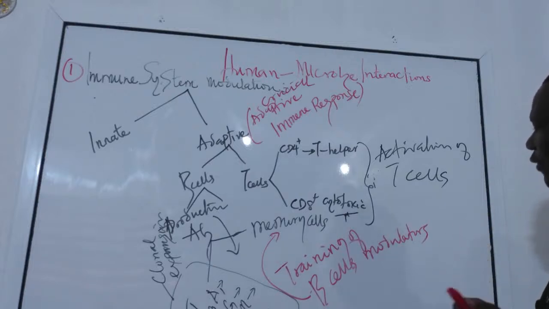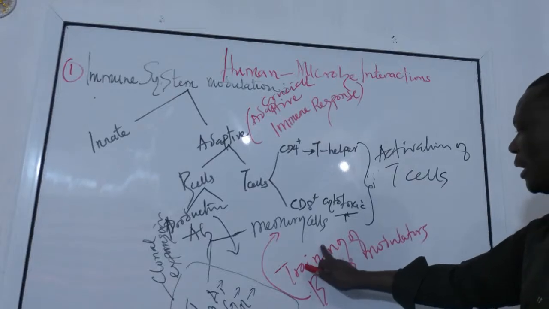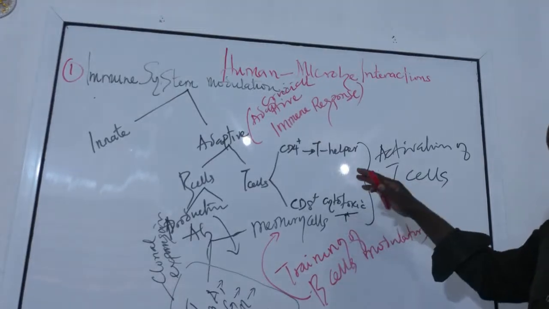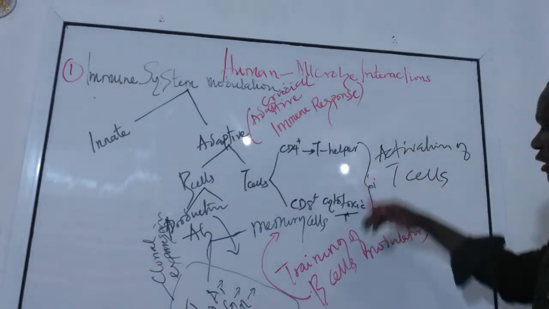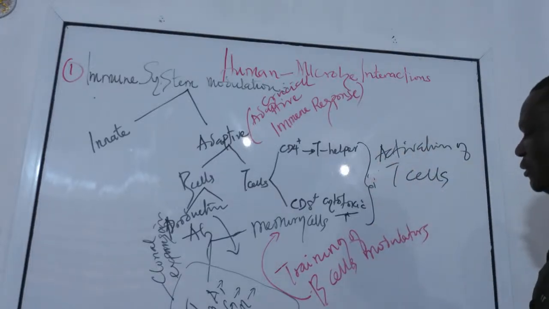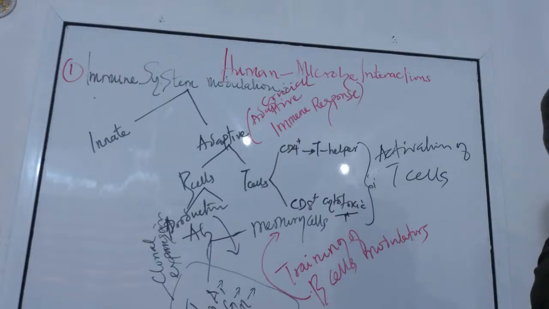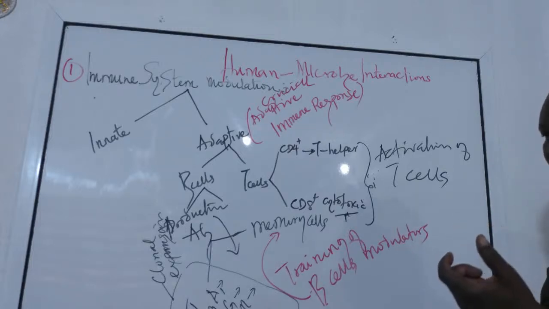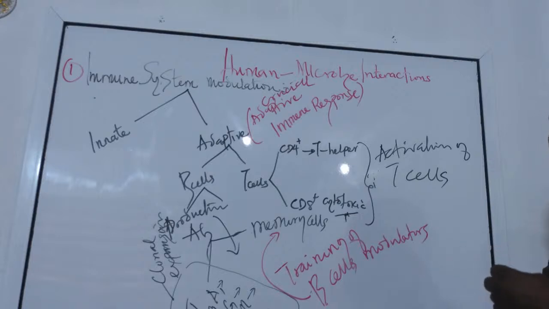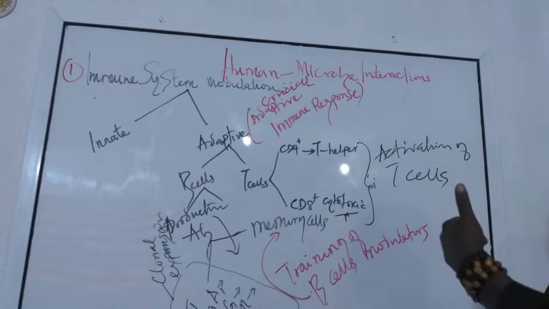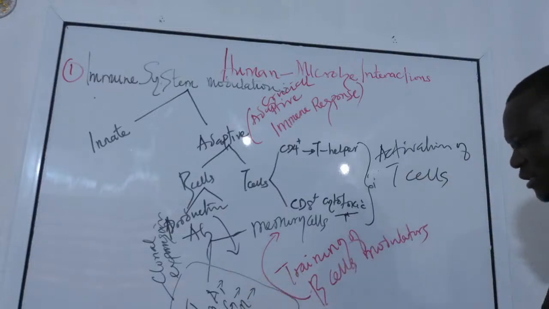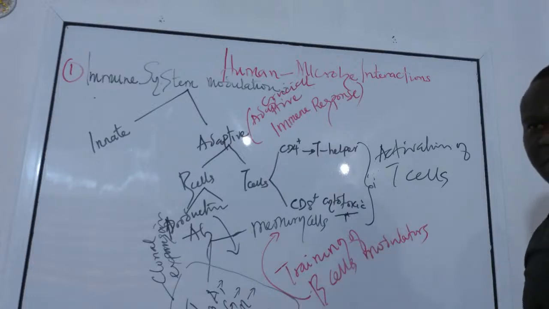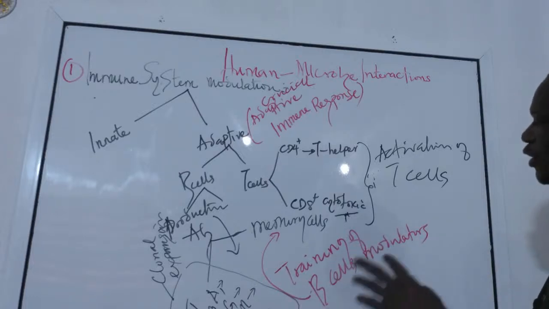Then you should not forget the capability of pathogens, or let me say microorganisms, in training the immune system on what to do. It's just like when you keep somebody that is giving you information. You give the person shelter, you clothe the person, you are responsible for a lot of things.